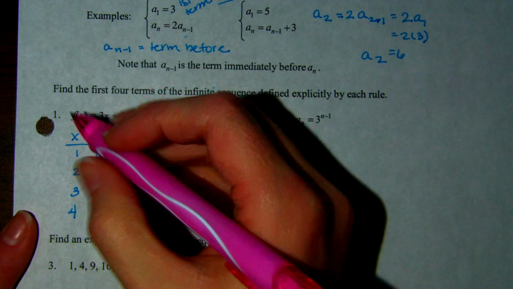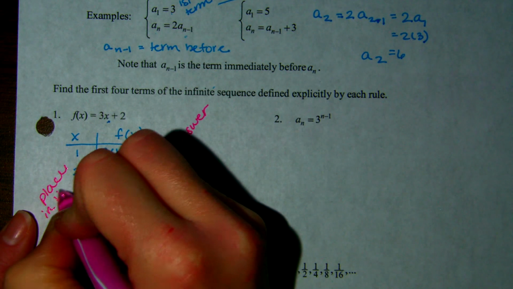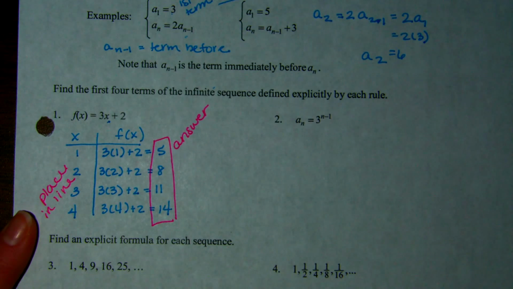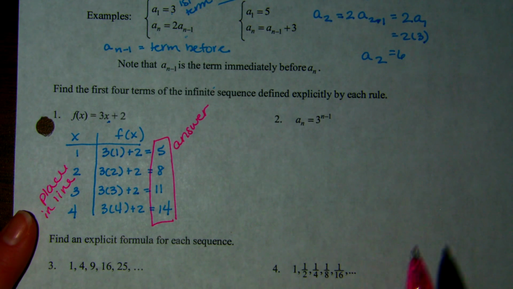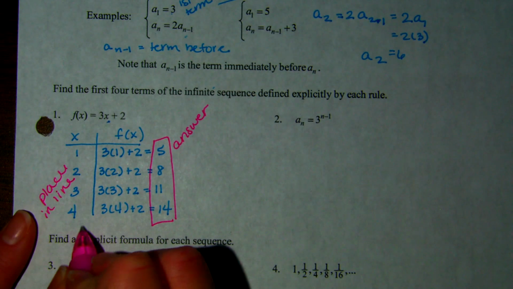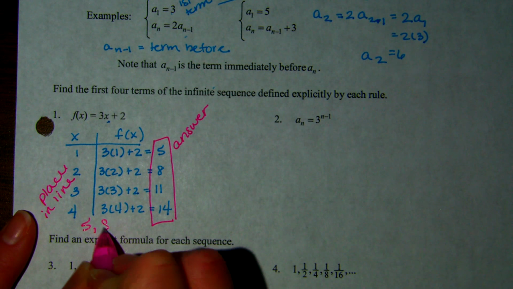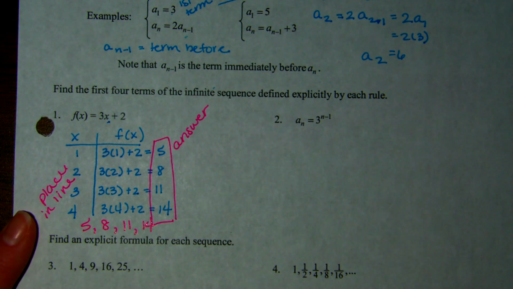All right. This is our place in line, or position. That's our position. Our answer is these numbers right here. And so the way you would write that answer is you'd write it as a list of numbers. So we'd say 5, 8, 11, 14. Because that's what they asked us for, the first 4